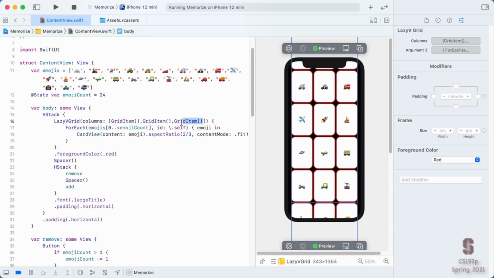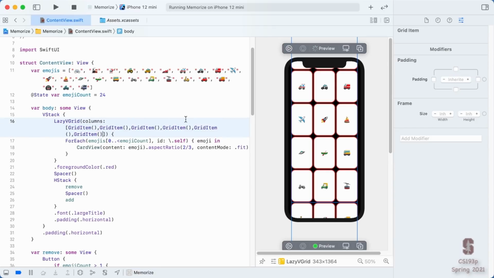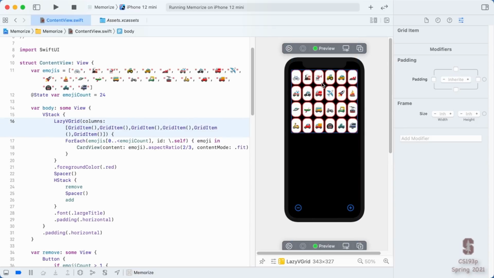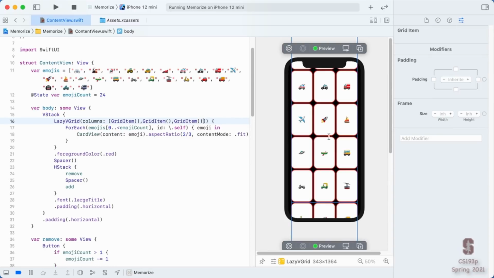So if I made a lot more columns here, let's say we made 6 columns, so I'm going to copy this and paste a whole bunch more, then again, they're still 2 wide to 3 high, but they're making fit 6 columns right there. The problem is when we only had 3 columns, the cards were a nice size actually, maybe a little too big, but they didn't fit on the screen. In fact, they pushed our plus minus buttons completely off the screen.